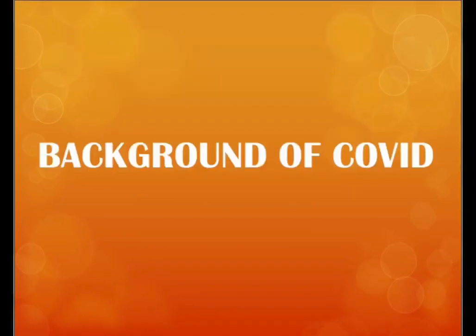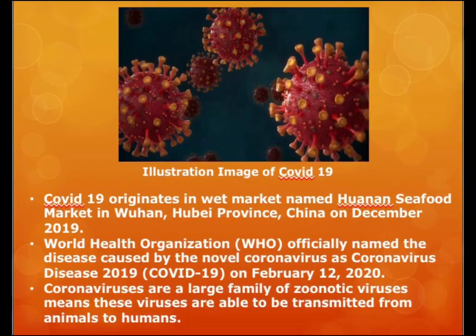First, let's talk about the background of COVID. COVID-19 originates in a wet market named Huanan Seafood Market in Wuhan, Hubei Province, China in December 2019. The World Health Organization officially named the disease caused by the novel coronavirus as Coronavirus Disease 2019, or COVID-19, on February